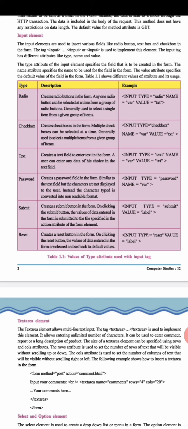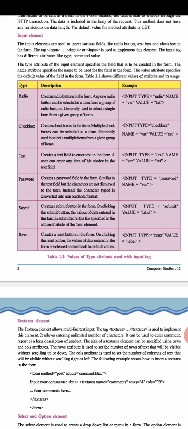Then comes checkbox. Checkbox is used for multiple choice, where you want to choose many options, like hobbies. You have many hobbies. It's not possible for anyone to have just one hobby, so you want to select many options. So there you can use a checkbox. Checkbox always appears as a square button, a square type box. Radio button is a circle. I'll show you the form afterwards.